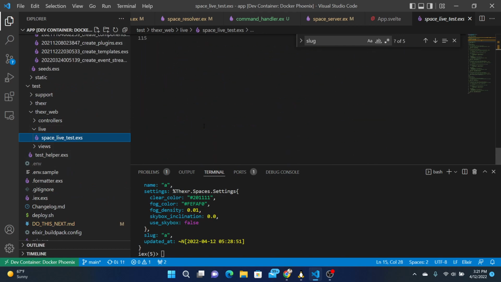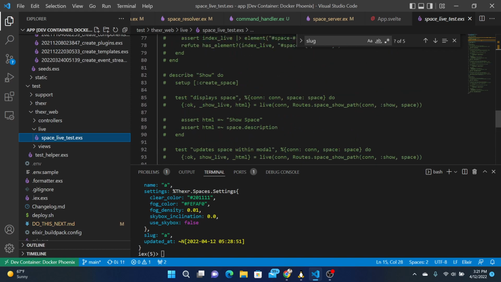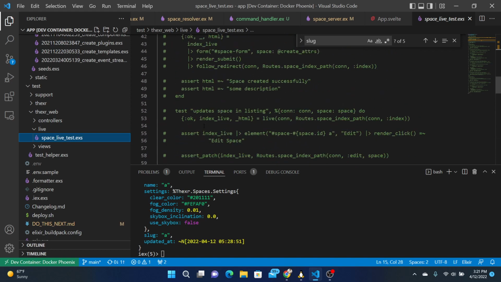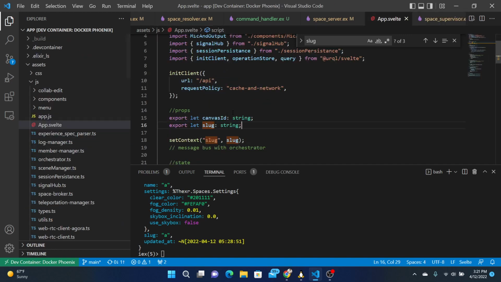Space live test. Create a space, blah blah blah. Okay, I don't feel like updating that one right now.